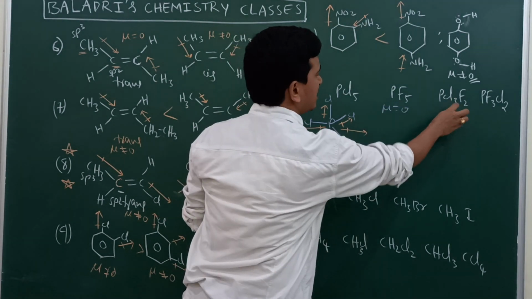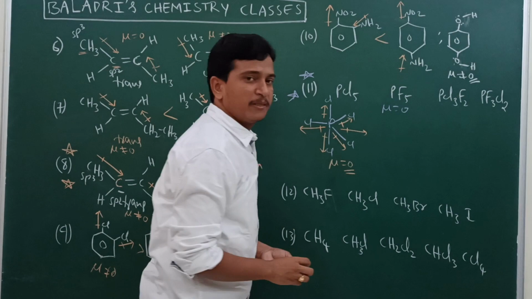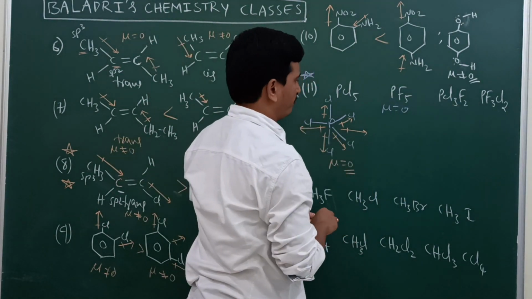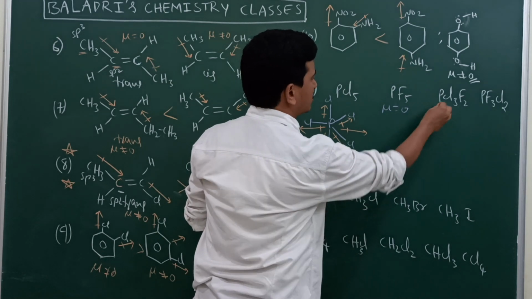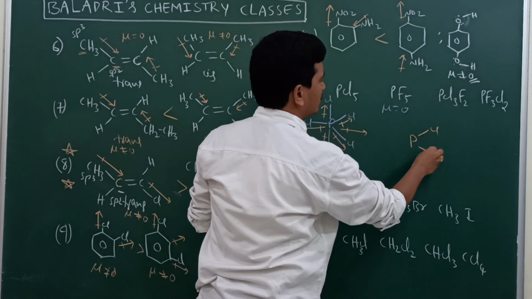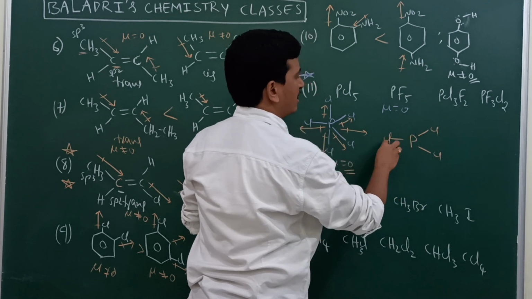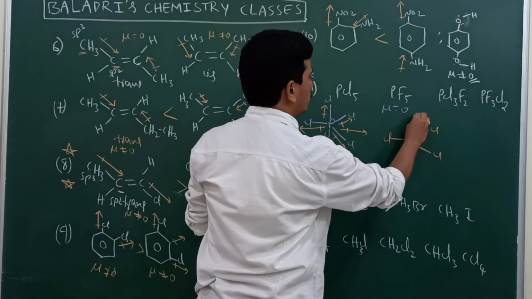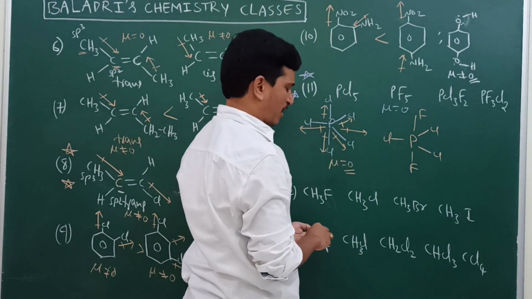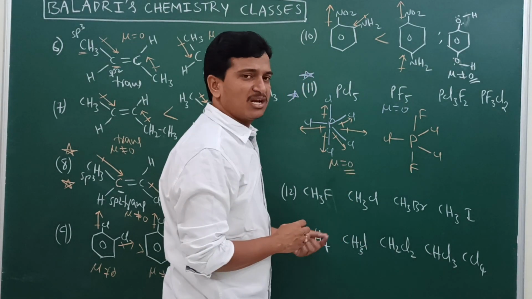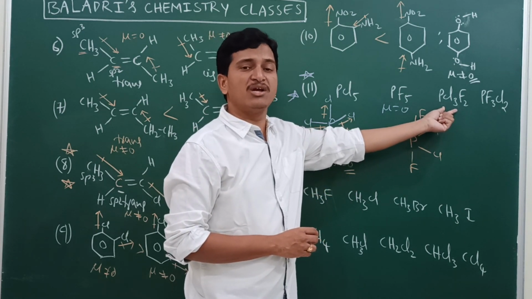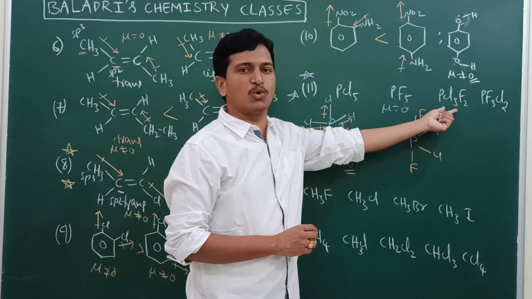Now come to PCl3F2 and PF3Cl2. These two examples are very important. How to represent this molecule PCl3F2? Okay, now let me write the structure of this PCl3F2. Here phosphorus is having 3 chlorines. The 3 chlorines will occupy the equatorial positions, and 2 fluorines are there. They will occupy the axial positions. Now you may ask the question, sir, why can we write like this only? Okay, so for trigonal bipyramidal geometry, we need to come across the Bent rule.